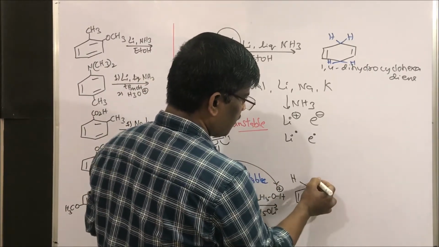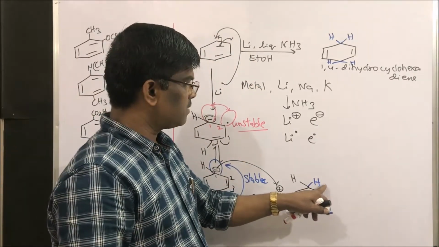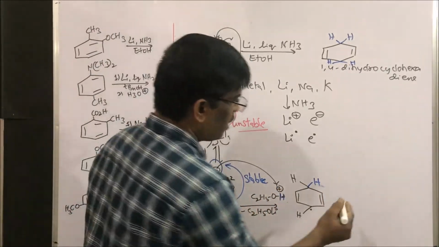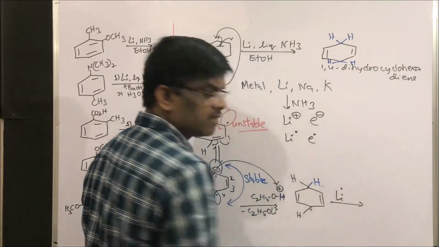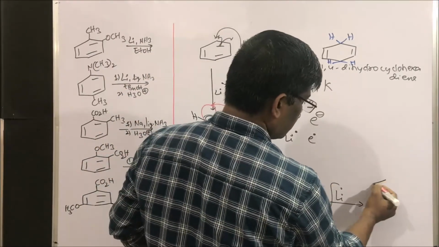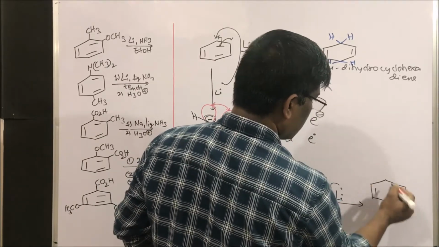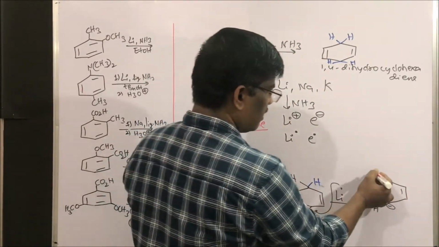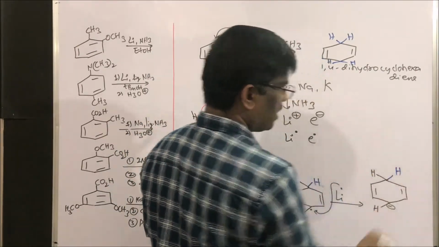This hydrogen has come from ethanol. The hydrogen is coming from ethanol to this benzene ring. Yes, students. Now what happens? We need one more metal ion. This is a free radical, so this comes here to give two free radicals. How can I write? It is a negative charge, and already here one hydrogen is there. So newly this hydrogen has come here, right?